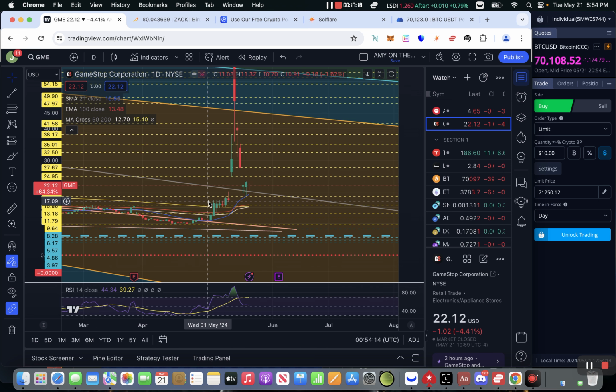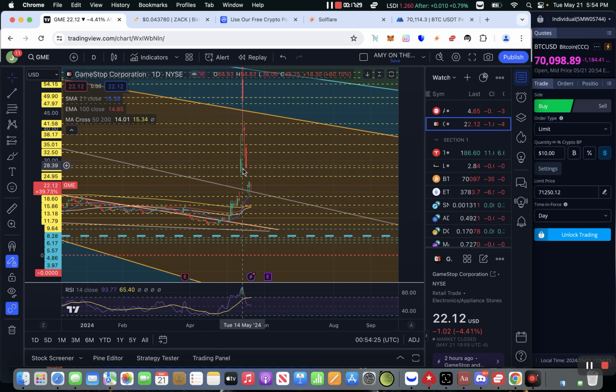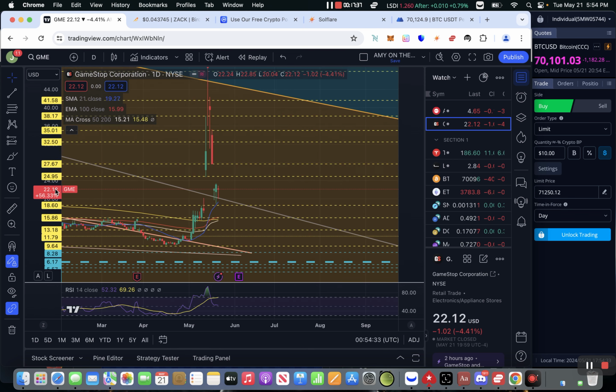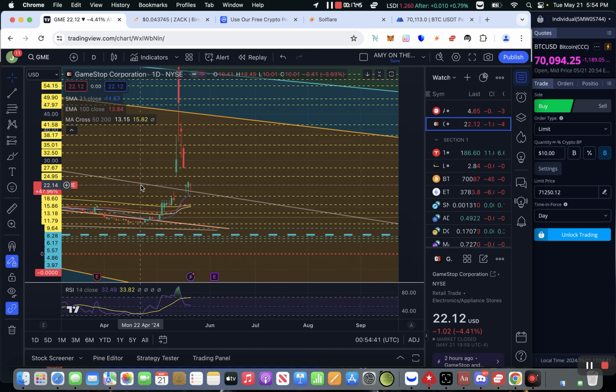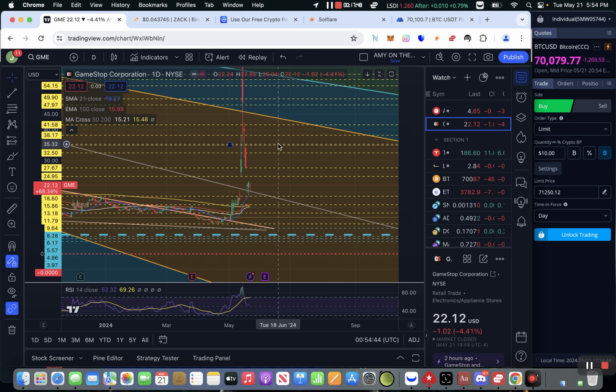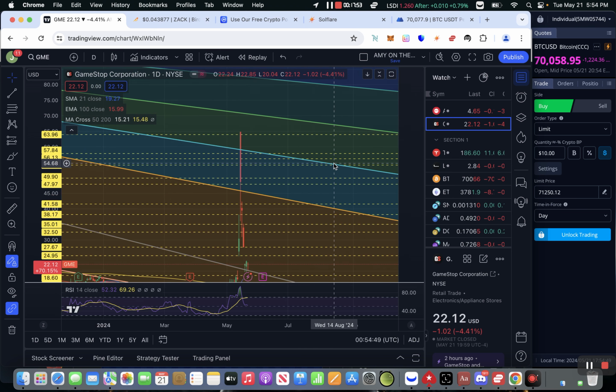I posted a couple pictures on GameStop before it broke out, and this was what I was looking at here, and then when it gapped up, I'm like, wow. It just jumped over this line here. That's incredible, man. I'm gonna keep tracking this, and if it keeps going this way, we are gonna retest this speed fan line, this one, and then this one as well, because it went back to 80.